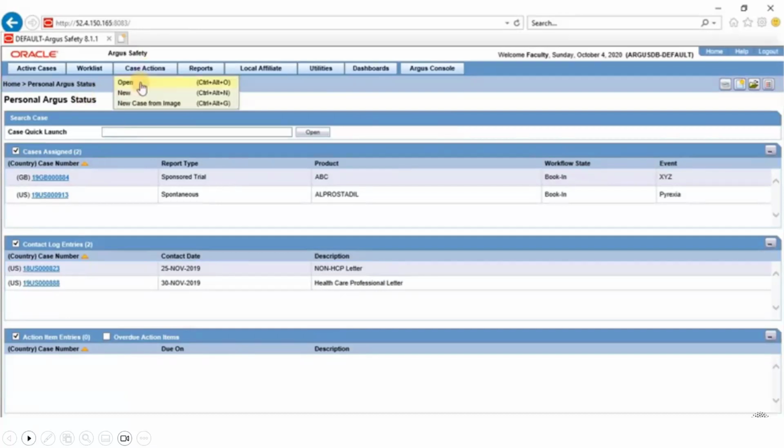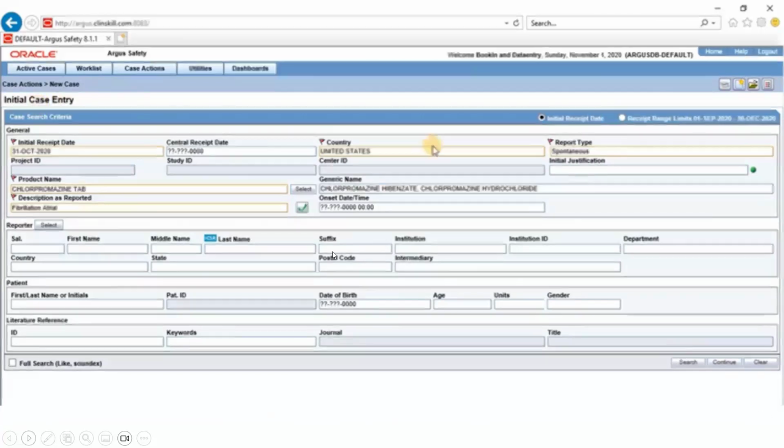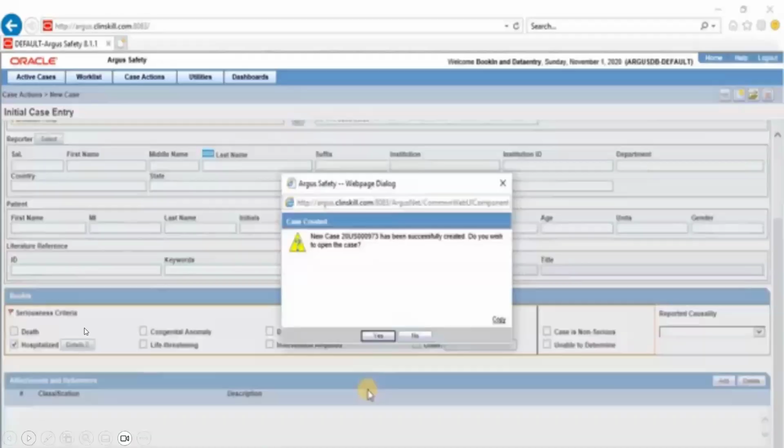Now moving to the next, you have to go to the case section, and in the open you will get this initial case entry, where you can put each and every piece of information, like what is the IRD of the case, what is the CRD of the case, what is the name of the product, country, reporter type, okay, what is the product, what is the reporter detail. Each and every detail you have to capture here. And once you capture, you see we have captured some information here, and once we save,